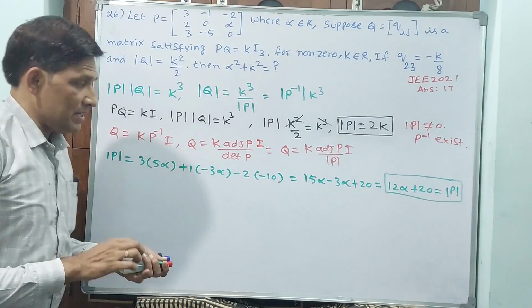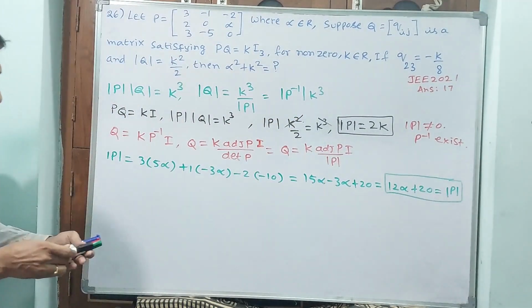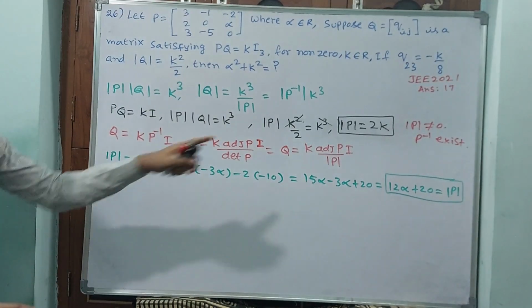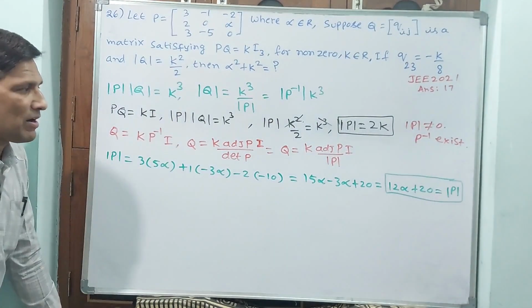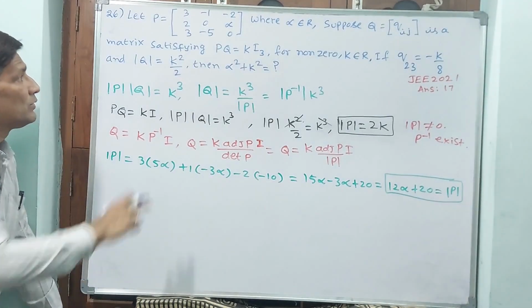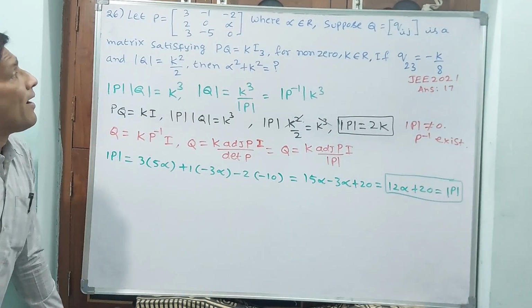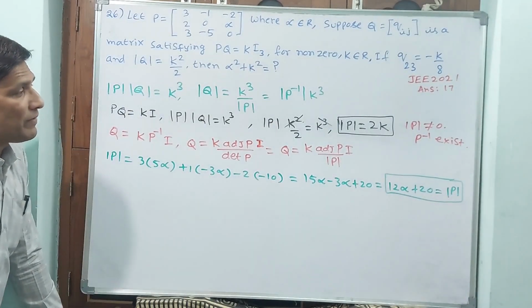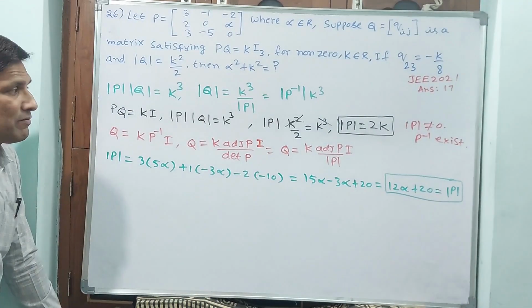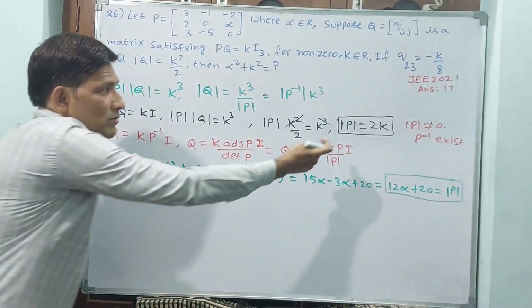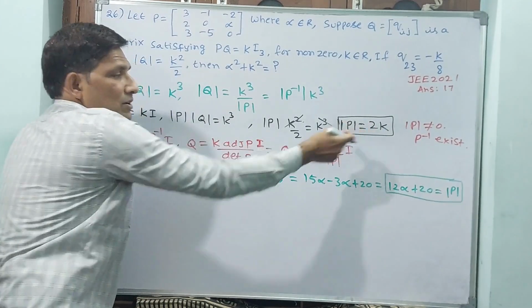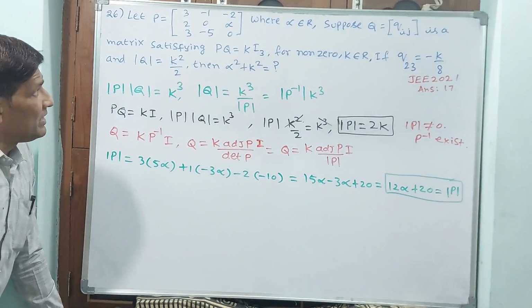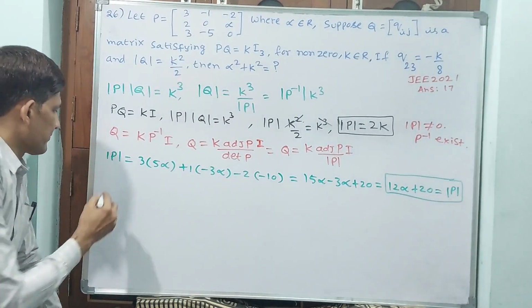See how many equations will come. This is a laborious question. Determinant we have filled in equation form. Afterwards we will see what will happen and all. Now see what I want to do. I want to find adjoint and P inverse and all. See how I am going to find this adjoint and determinant P. Well, the determinant P, already we have got here as 2K in terms of K. Now we find adjoint P. Adjoint P, how I am finding, you see, first minor.